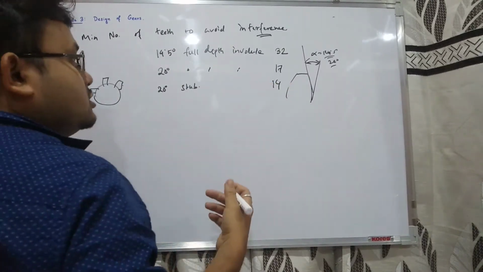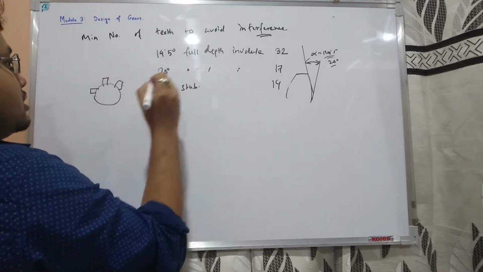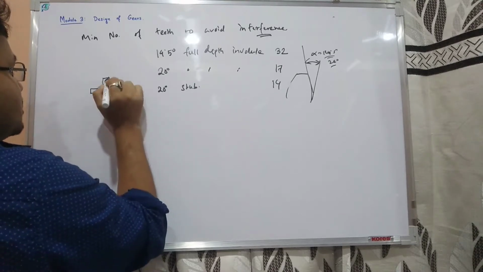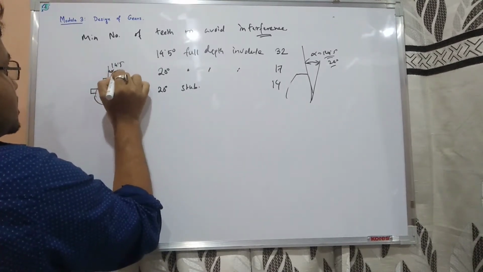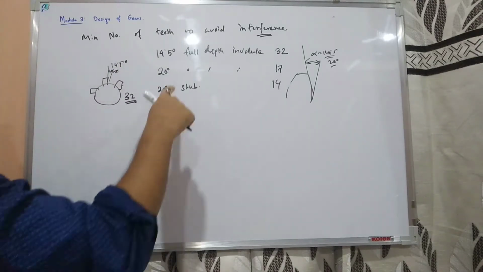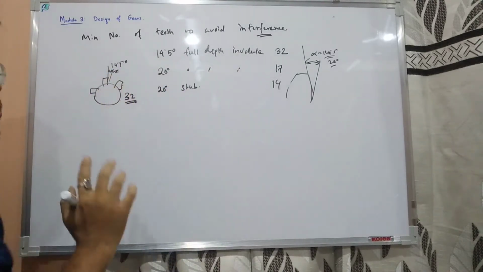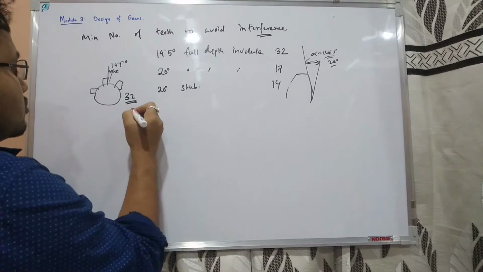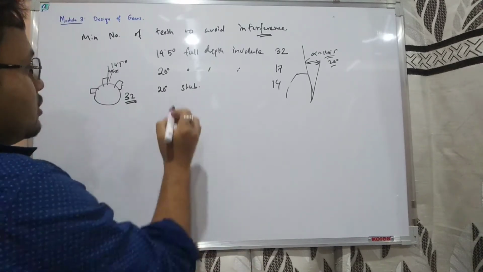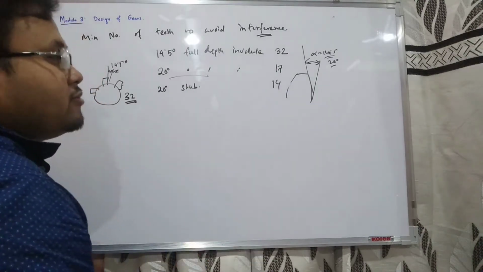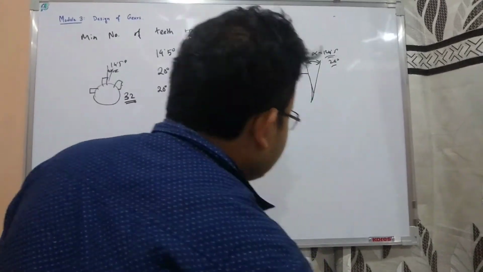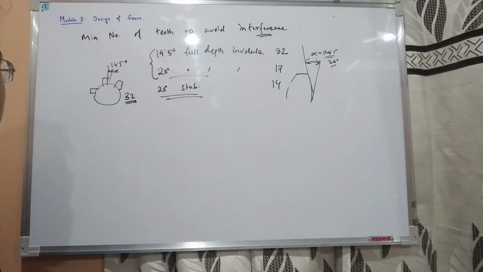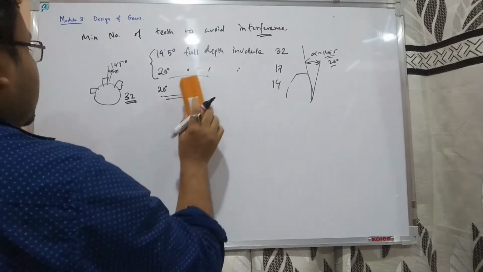That means we should ensure that this gear has a minimum of 32 teeth if the pressure angle is 14.5 degree. If we use the 14.5 degree full depth involute, then it should have a minimum of 32 teeth, otherwise it will create interference. It may be more than 32, but minimum 32 it should have. For 20 degree full depth also it should have minimum 17. For 20 degree stub it should have 14. In general, in your questions these two will be there. Questions won't come for 20 degree stub. Okay, next